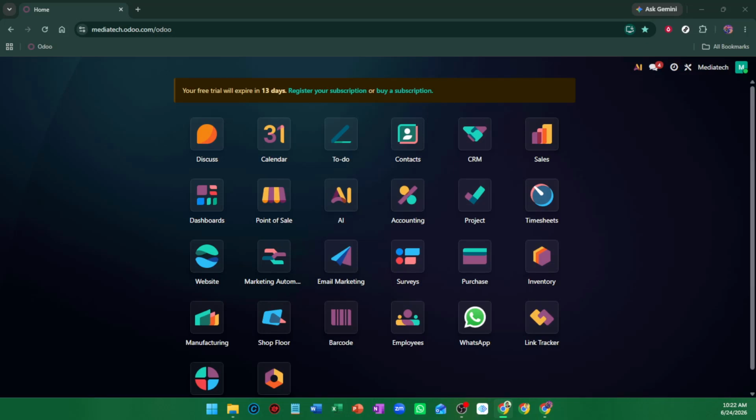In today's video, I'm going to teach you how to use Odoo Studio. To get started, log in with an administrator account so you have the permissions needed to make changes. This is important because Odoo Studio is designed for customization, and without the right access, some options may not appear